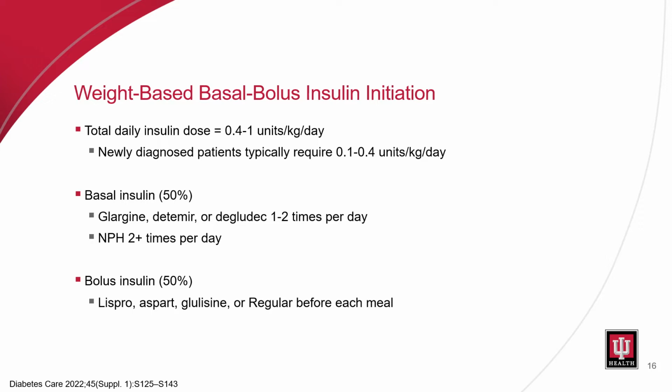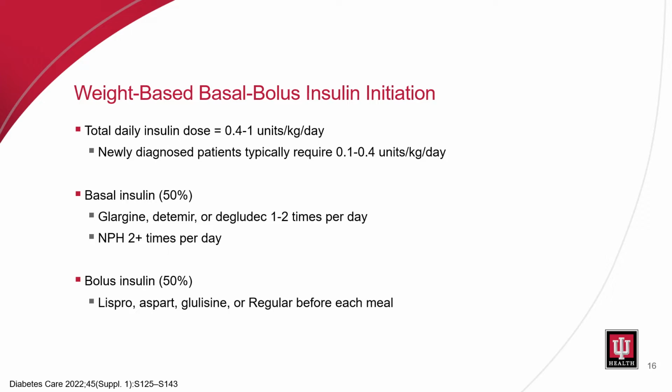starting regimen. However, newly diagnosed patients typically have kind of a honeymoon phase when they're still naive to insulin, and require only about 0.1 to 0.4 units per kilogram per day. So we might start a little bit lower and then titrate to reach certain glycemic targets. Once we get that total daily dose based on their weight, we'll split it into 50% basal insulin and 50%